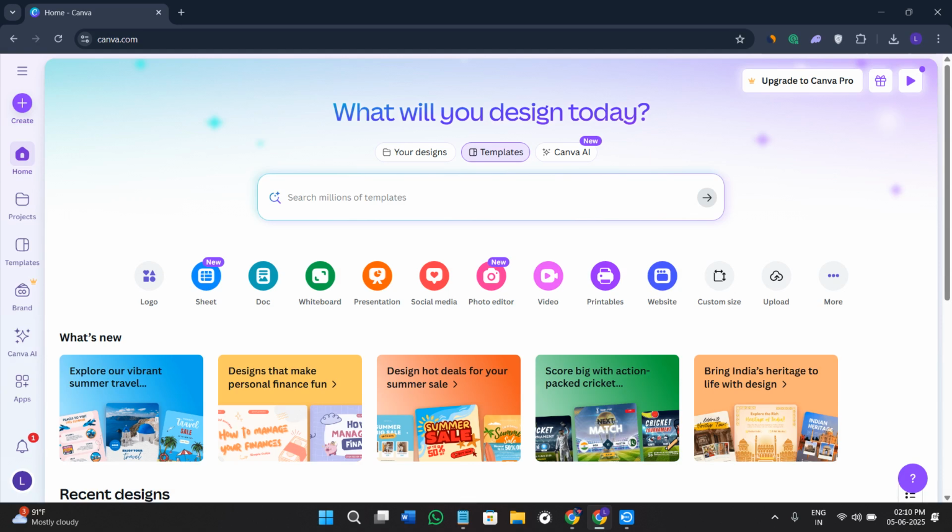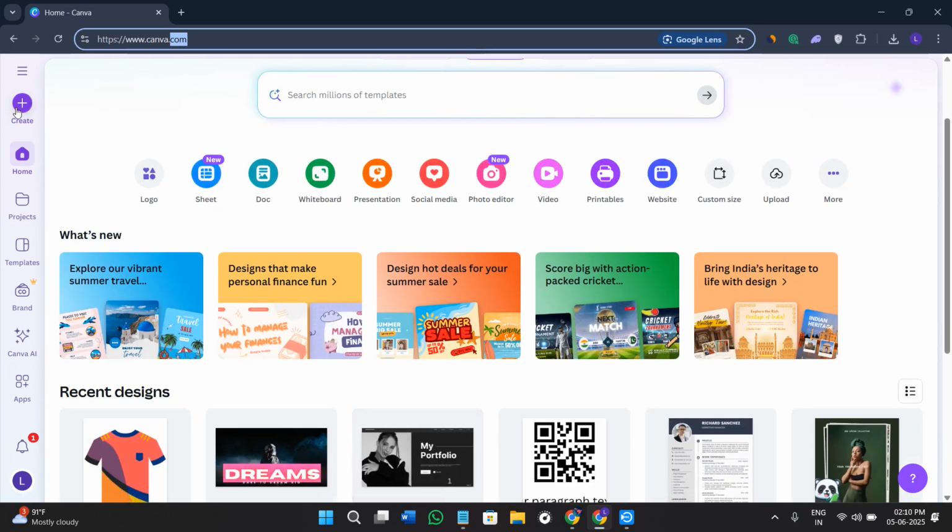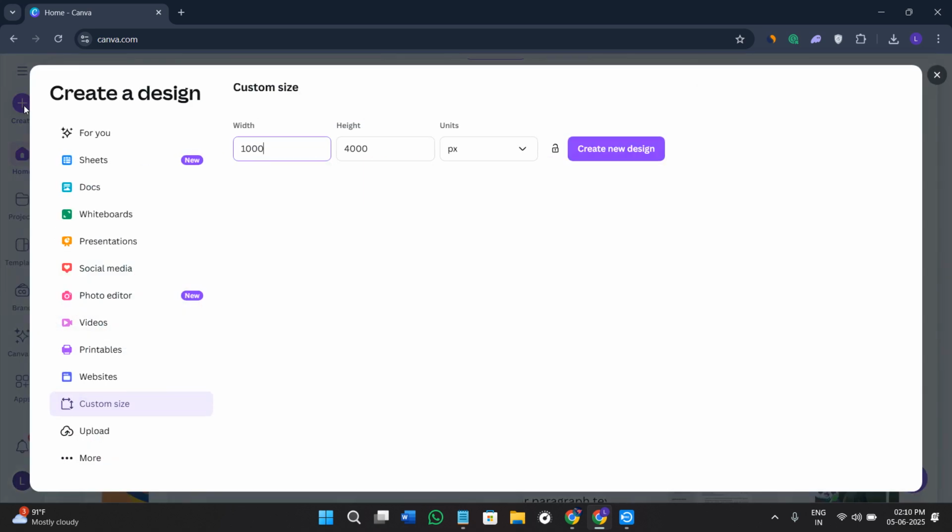In this video, I'm going to show you how to create multiple Pinterest pins in bulk using images in Canva. For that, first of all, you need to come at canva.com and then log in into your account. Once this step is done, on your Canva dashboard, simply click on the create option, then click on the customize